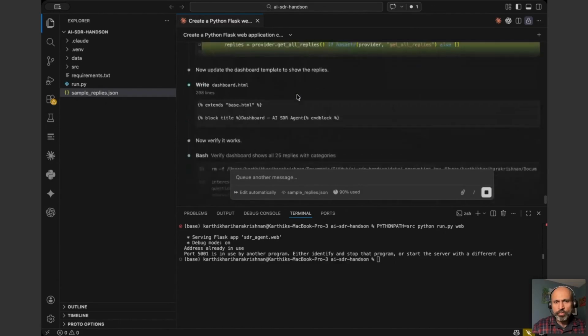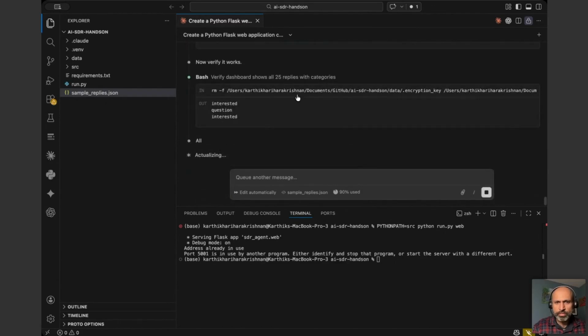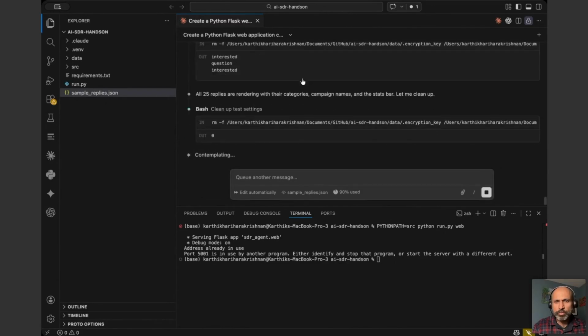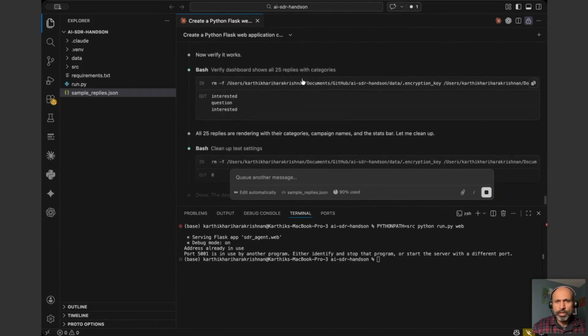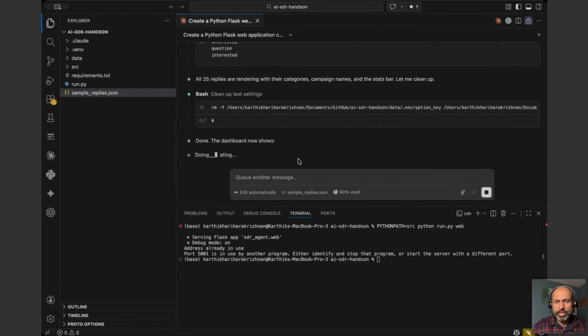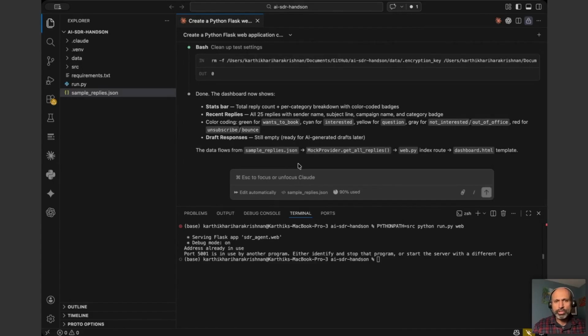So verify the dashboard shows all the 25 replies with categories. Okay, so the dashboard should now show. Let's go back to the dashboard and check the demo data. This is annoying, because I've got this behavior here where I'm repeatedly